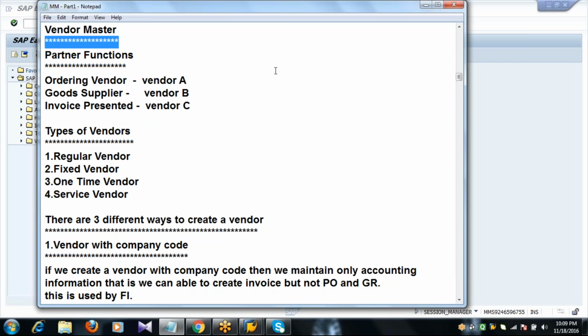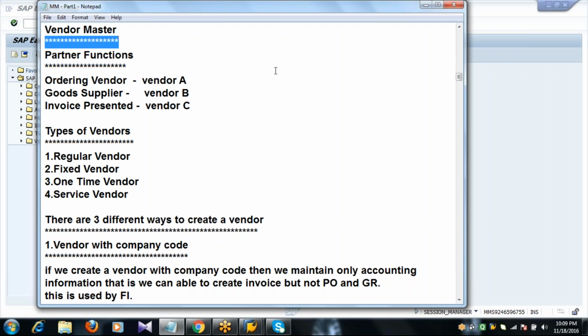So basically what is a vendor master? A vendor master is a master file which contains the information of a particular vendor, of a particular supplier.